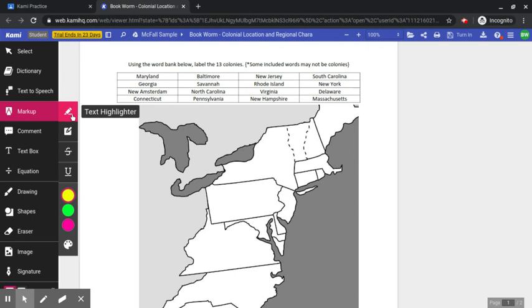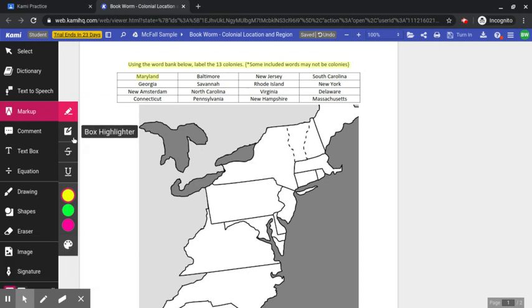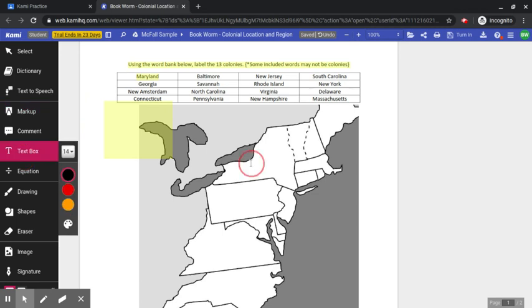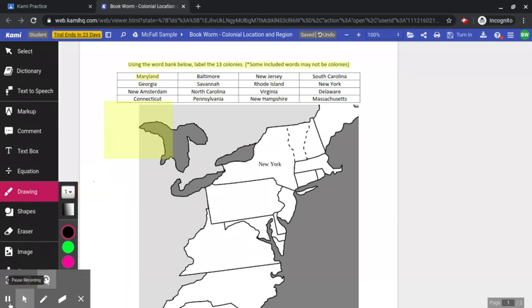It gives you the ability to highlight, so we can go over what we want to highlight. It pops up. We can highlight giant sections of things at a time. We can add text box exactly where we want to, and it resizes as we're typing. You can move it to fit into the item better. It also lets you draw. I'm not an artist, so I'm not going to draw, but that's just an easy